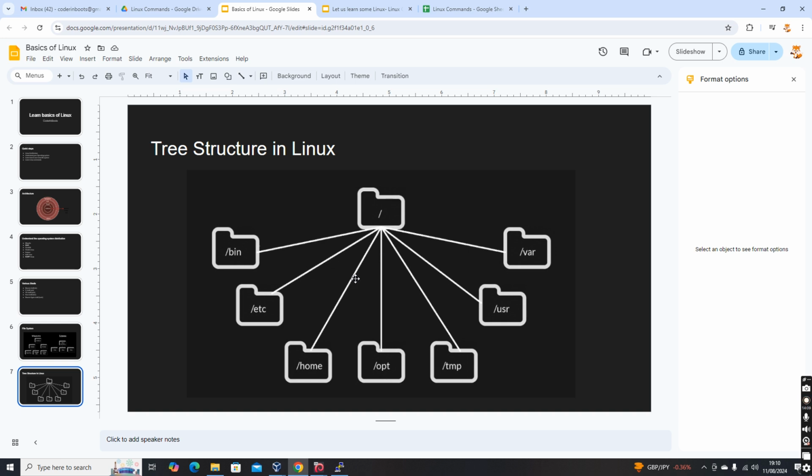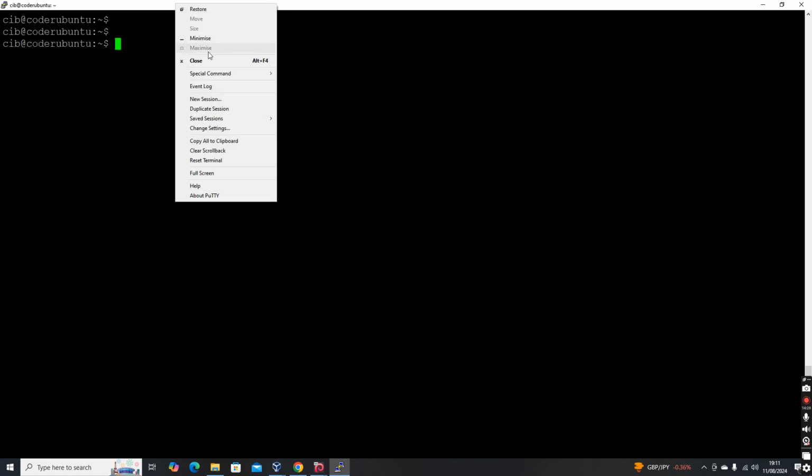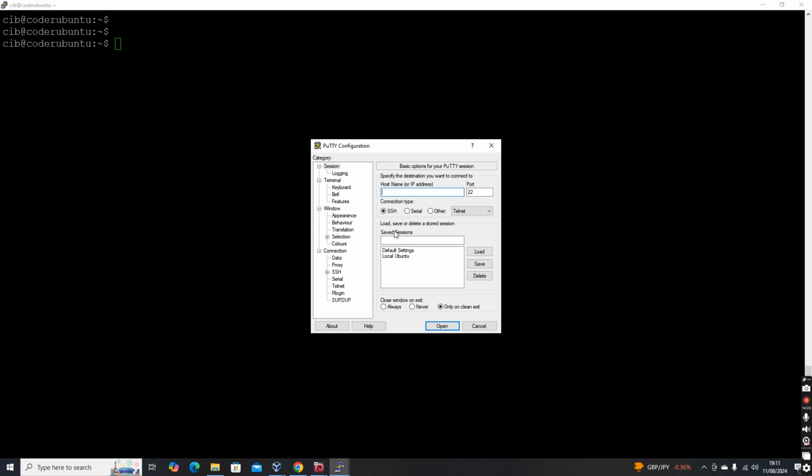So we need to have a clear understanding of what this structure is and what the permissions associated with each of these structures are. So let's understand what this structure is. Okay, so let's get into the system. First, we need to have a basic understanding. When we get into the system, we will have to log into the machine.